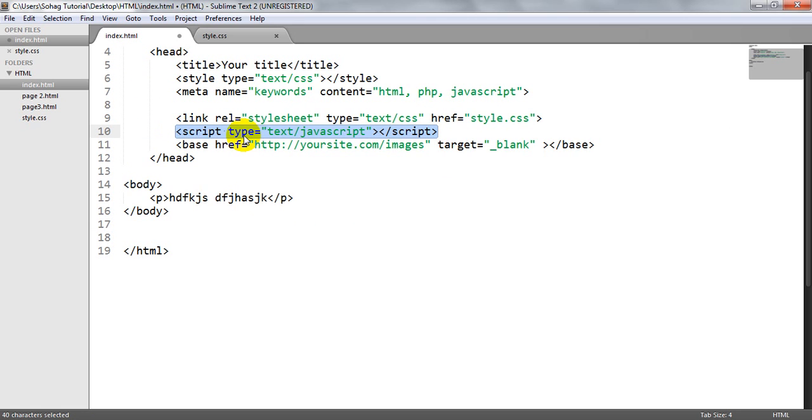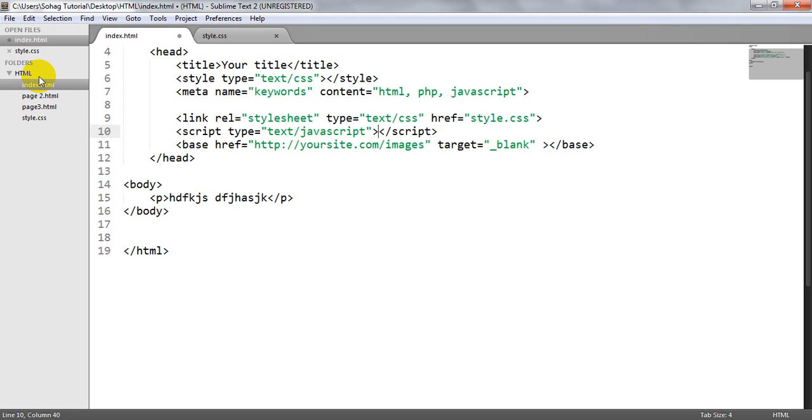This will tell the browser that here is some JavaScript or script language, and then the browser will execute this code and render the HTML element.